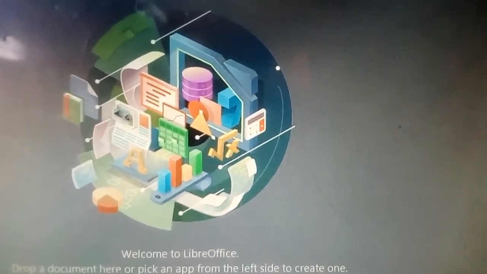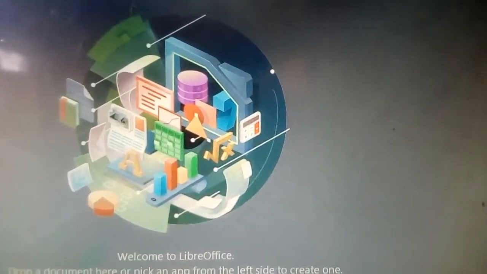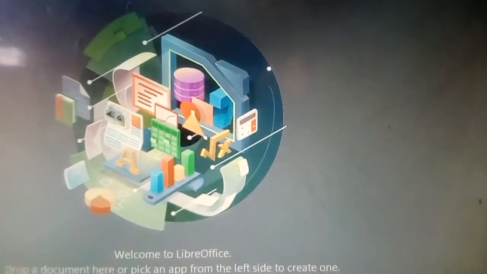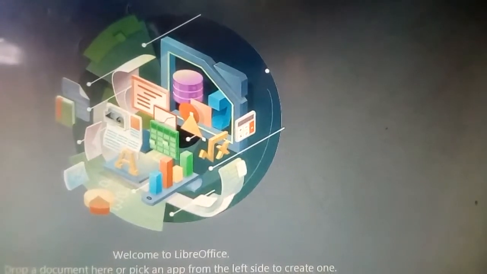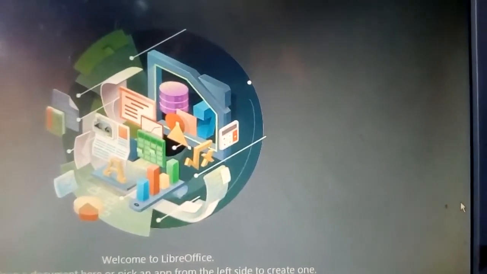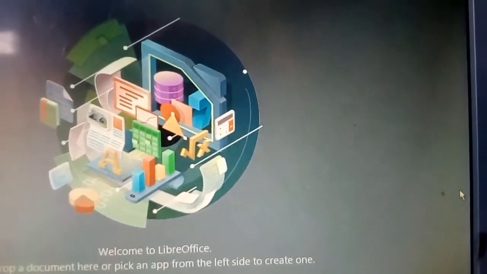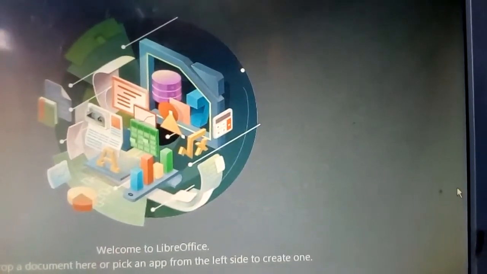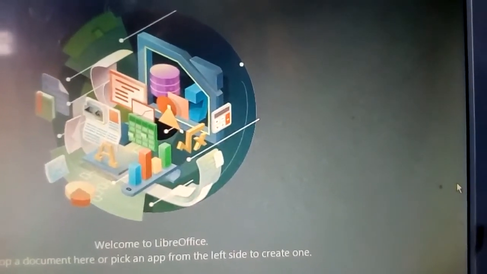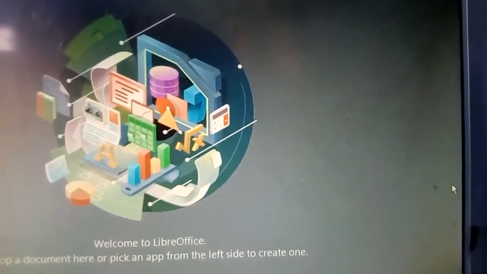There are different types of office suites. Office suite means what? It is a collection of programs such as a word processor, a PowerPoint presentation, and a spreadsheet. Different types of office suites are available nowadays in the market, like Microsoft Office and LibreOffice. These are some popular office suites. We will learn about the LibreOffice suite. Today we will see the LibreOffice suite and the various functions that the user can perform using this word processor.